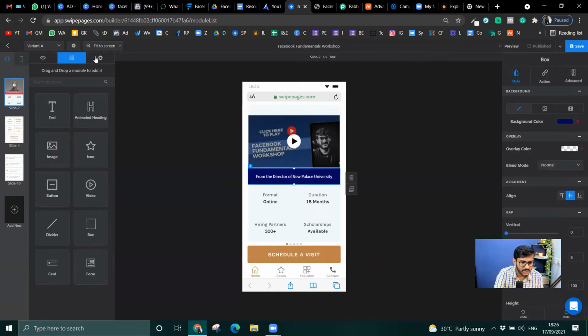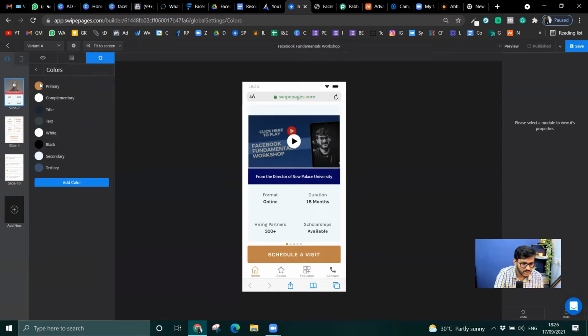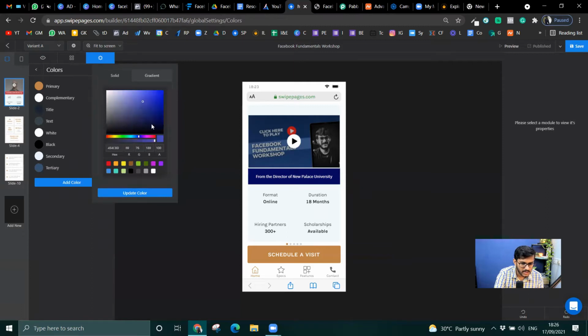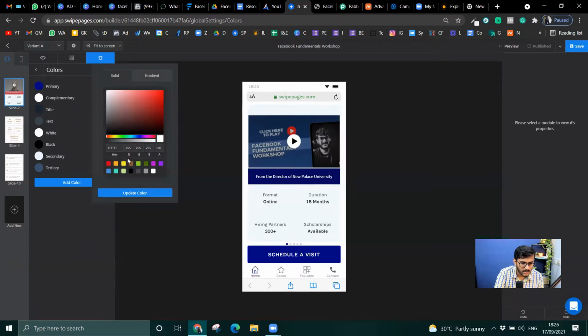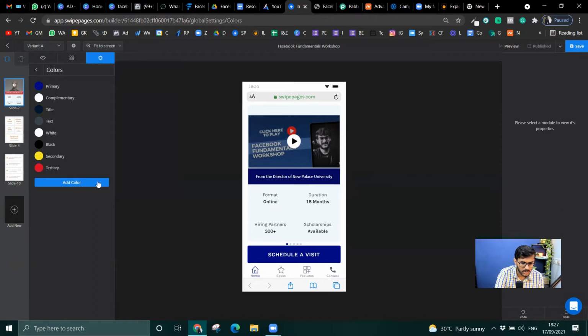Okay, guys, very simple trick. Generally, what I follow here is go to colors, go to primary, and then select the color that you want and put it up here. Update color. Say this is something I want. Just go and update it. Complementary is white. Title is a little royal blue kind of thing. Okay, let me just update the color. White, black. Secondary, I generally keep this color or golden sometimes, so it pops up, and red is one more color that I generally keep. And I just save it. Always save whenever you make changes.